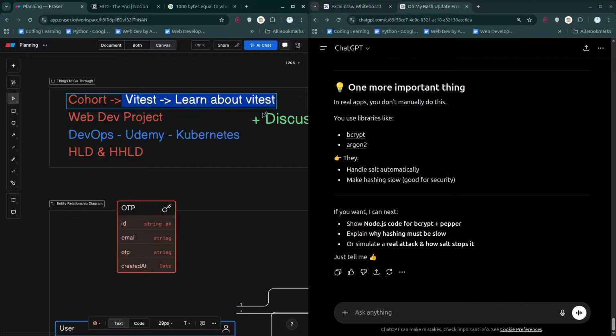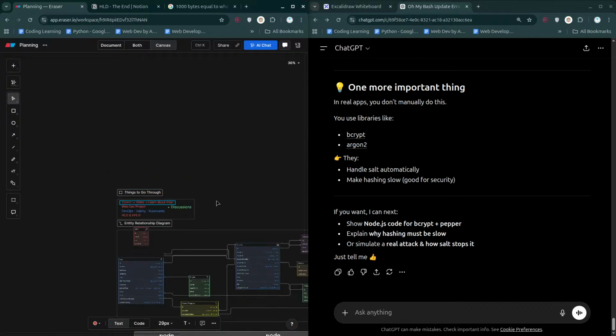I will definitely go through this very soon, in which I'm going to be talking about Vitest. It is just like Jest. Overall, Vitest directly supports all the functionalities of Jest, so you don't really need to worry about it. We will just simply be talking about it. It is nothing but testing your APIs. So you will write code for checking your code. It's just going to be like that. Okay, all these things are going to be discussed very soon.